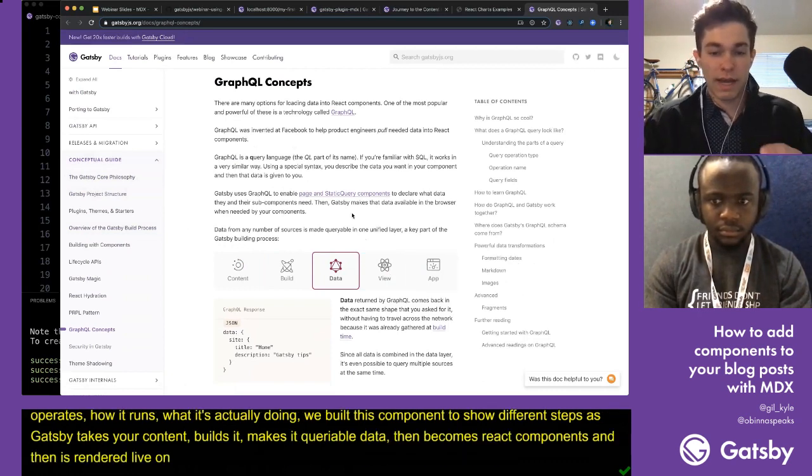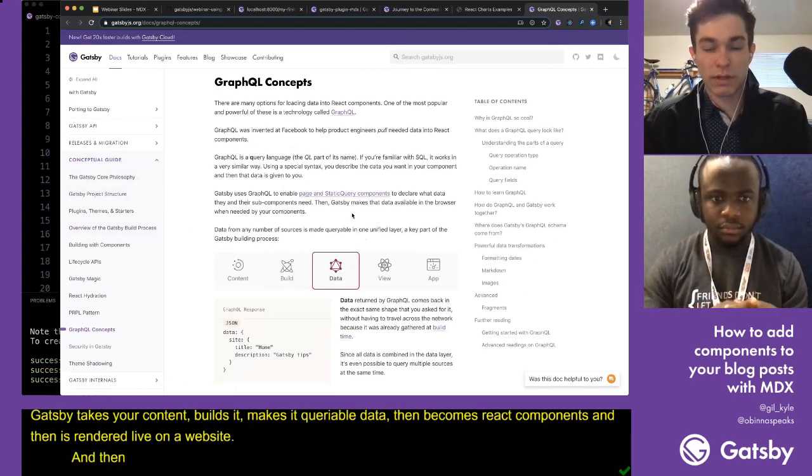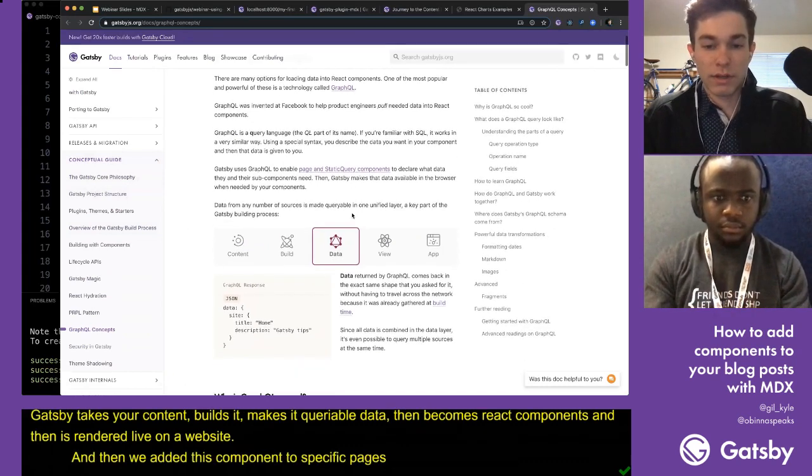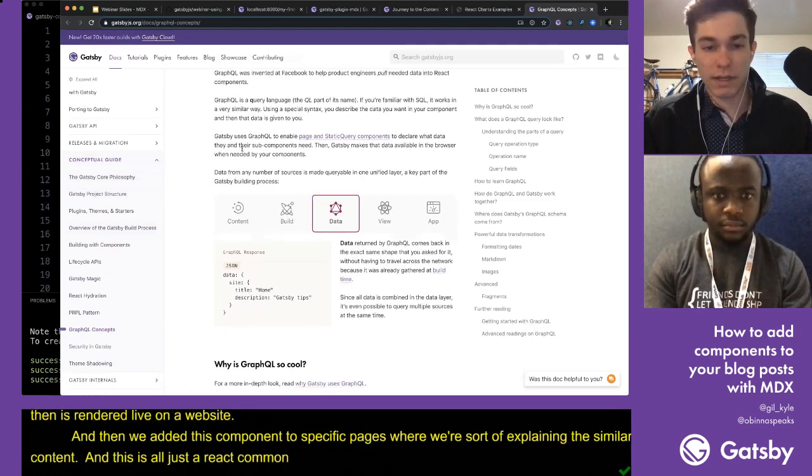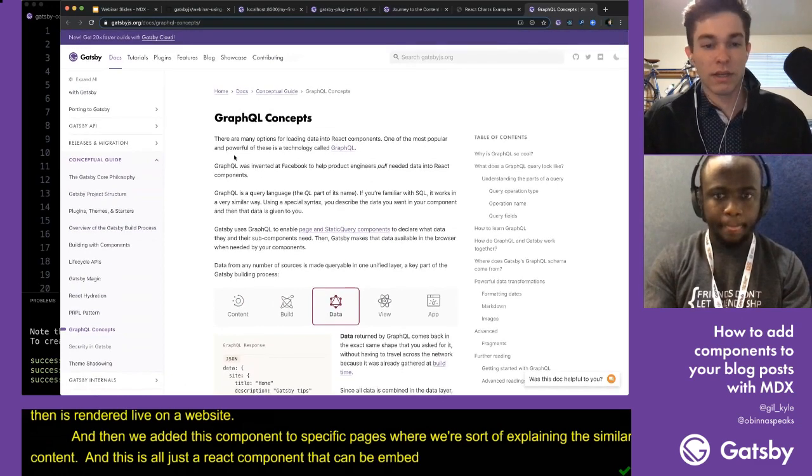And then we added this component to specific pages where we're sort of explaining the similar content. And this is all just a React component that can be embedded inside of MDX. So in the middle of the content reading, you can begin to see,